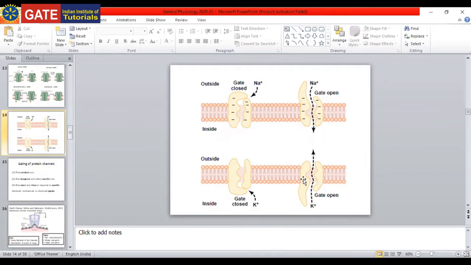But the sodium cannot easily move inside. It's a water soluble substance, so it needs a carrier protein. Okay, now I'm just telling you to have an idea. Now you said potassium is more inside, so the tendency for the potassium to move outside is more. But if you go by the resting membrane potential, the permeability of the sodium and potassium,